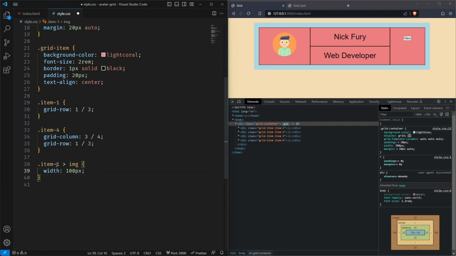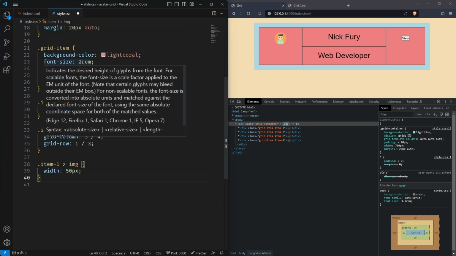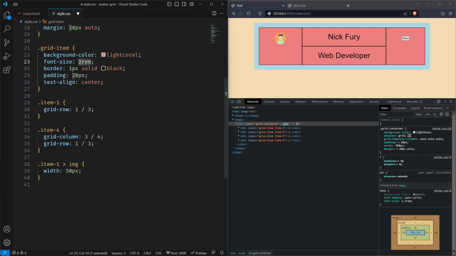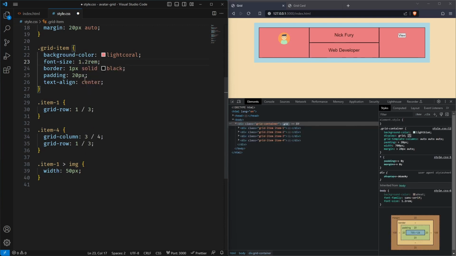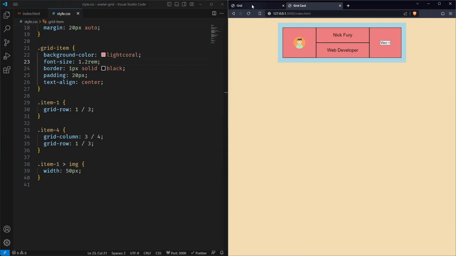And now I want maybe the text to be a little bit small, so for now let's make it 50, because I want to show you a thing. Okay, and let's also make the font size a little small, let us say 1 rem only. Great. So we have very much completed this layout here,